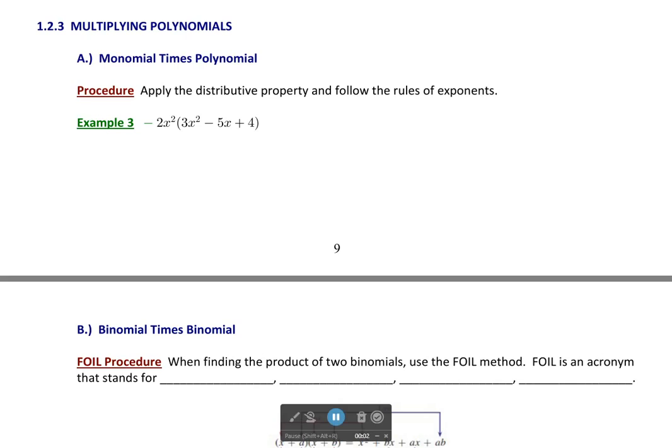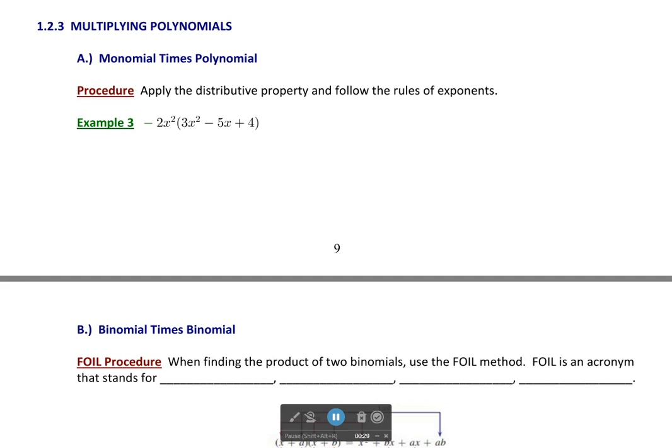We have practiced combining like terms and reviewed the rules of exponents, so we are ready to multiply polynomials. We're going to break it down into 3 cases in this video: monomial times polynomial, binomial times binomial with FOIL, and finally polynomial times polynomial. All of those cases are ultimately based on the distributive property, and that's what we think about when we multiply